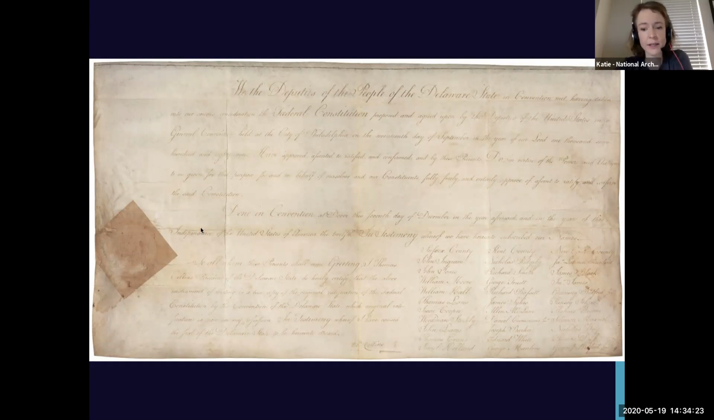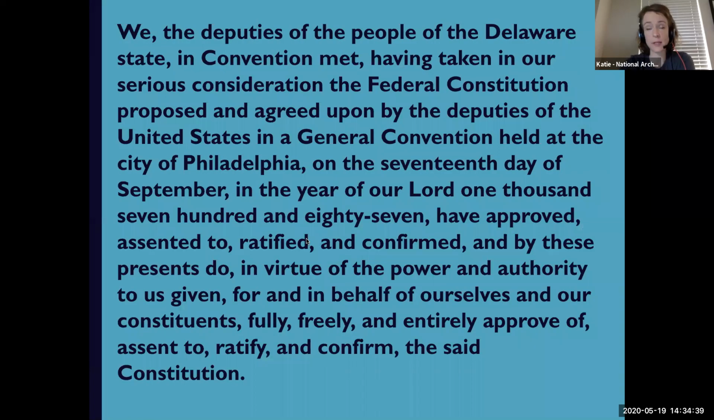Well, let's take a closer look and see if we can piece together what this document says. So I'm going to read it out loud, and I want you all to figure out who created it so we can confirm Delaware created it and why this document was made. So here's what this document says. It says, "We, the deputies of the people of the Delaware state, in convention met, having taken in our serious consideration the federal Constitution proposed and agreed upon by the deputies of the United States in General Convention, held at the city of Philadelphia on the 17th day of September, in the year of our Lord